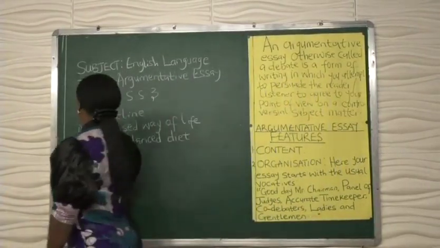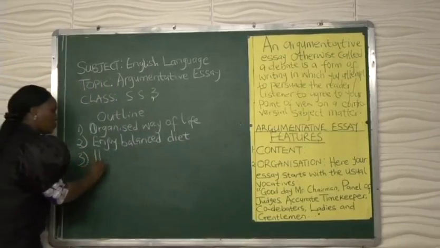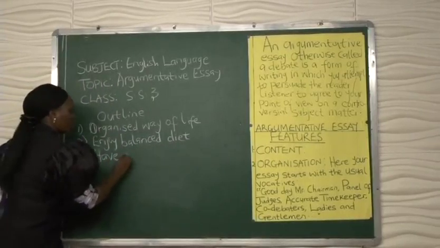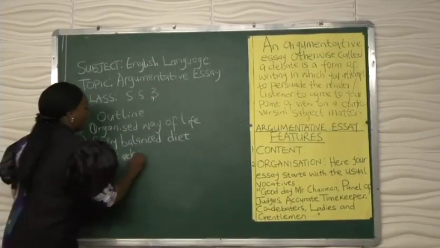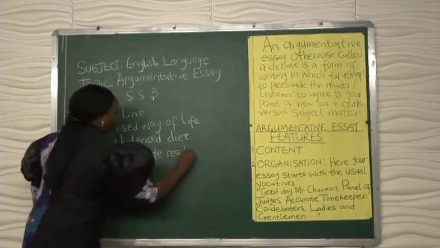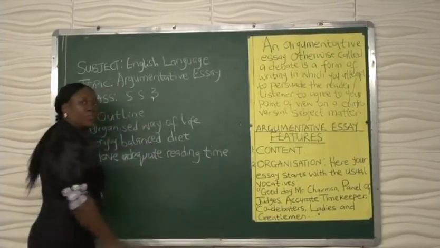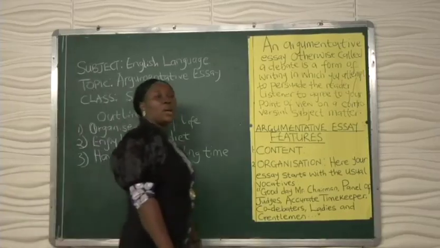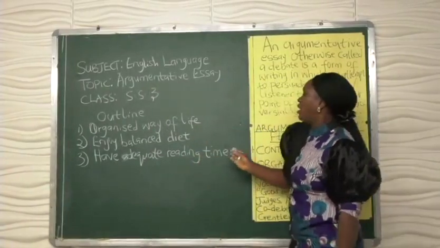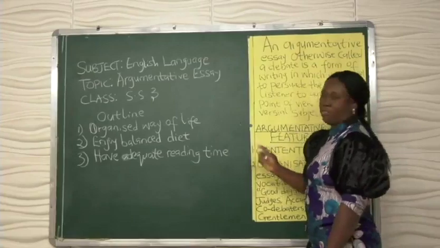For instance, I can say that the boarders have adequate reading time. And so when I have these points and so many others that I know I will now develop,